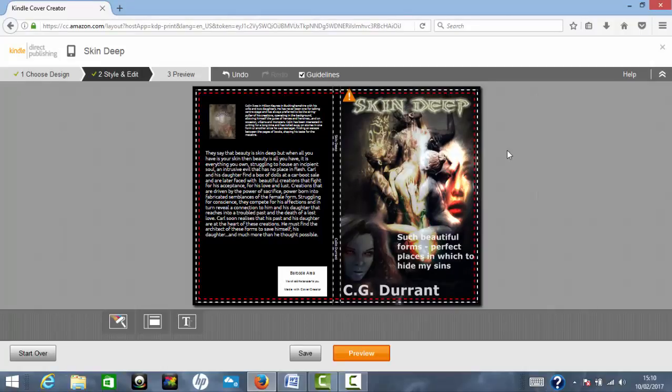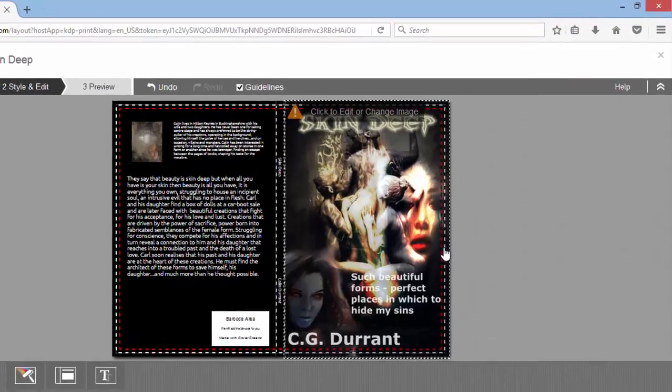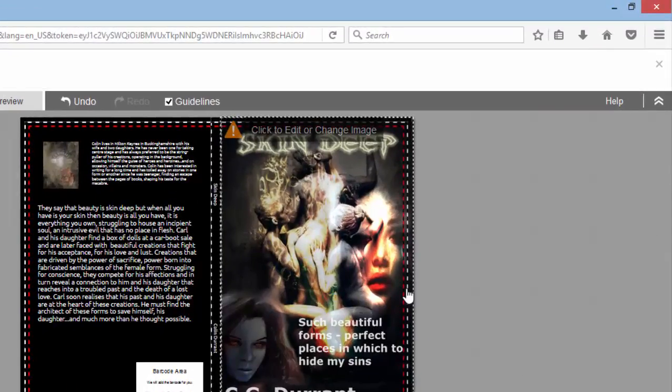But for now, they advise not to take your image over this white dotted line, because anything over that would be cut off. However, you have to be very, very precise. If it isn't exactly on that dotted line, then when your book is actually produced, the physical version of it will show a slight margin there, a black margin,